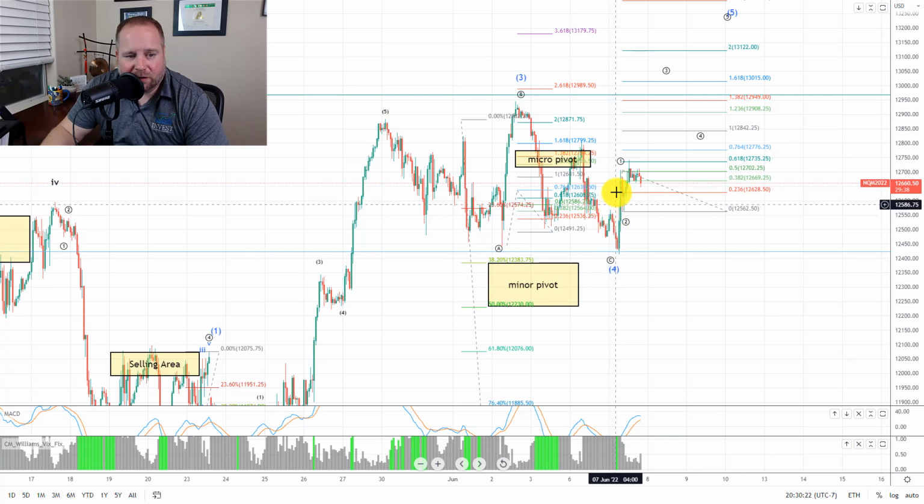And then it does look like we could have 1, 2 here, and then 1 of 3 in place at the 618. So that's a perfect wave 1 of 3. You want that to hit either the 0.5 or the 618. It came up and hit the 618 and fell down. And now they're pulling back, and what you'd like to see is this pullback hold above 12,562,